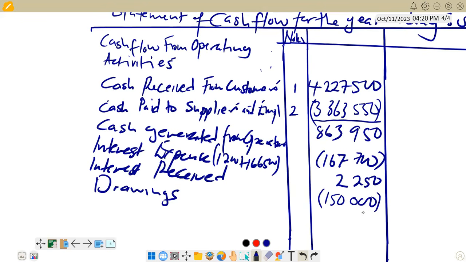Drawings, generally, are resources that are taken by the owner of the business for personal use. So money is getting out, so we show it as a negative figure. So those are the adjustments that we have in terms of